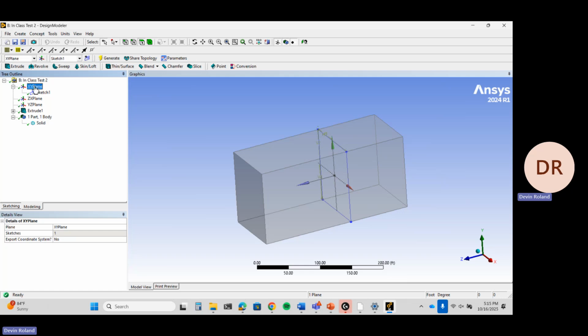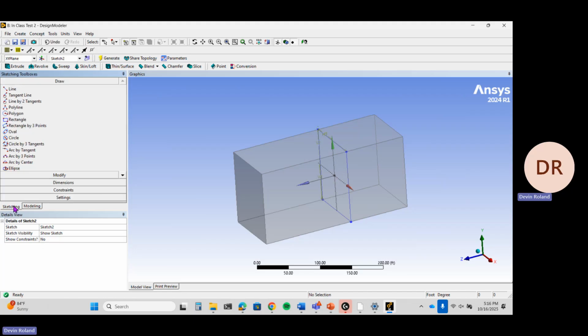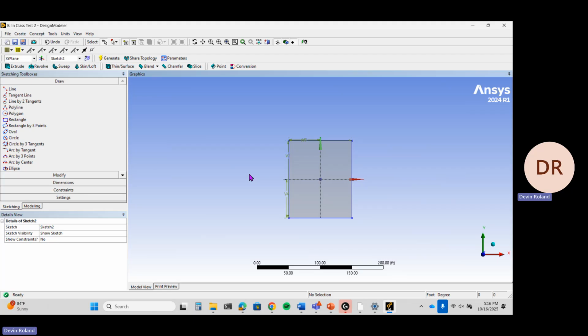So if you go to XY plane again, and then click up here, this little blue star button, that's add a sketch. So now you can click sketch 2, and then select sketching. And we're going to basically repeat what we did. So you can orient it to the Z-axis down here. And then rectangle,